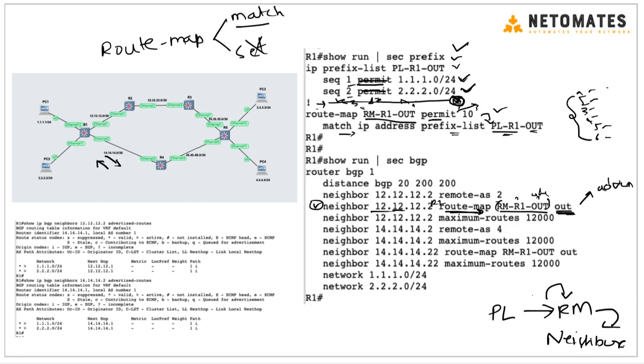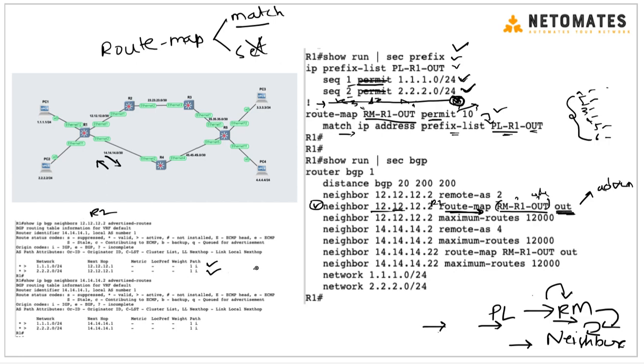Okay. When you want to verify the configuration, you do it in reverse, because first you need to check what route map is applied to the neighbor. Then you check what the route map is, and then check what the prefix list is. But when you are configuring, first you create the prefix list, then the route map, then you attach it to the neighbor. Okay, so once we applied this, we can see now R1 is advertising to R2 only 1 and